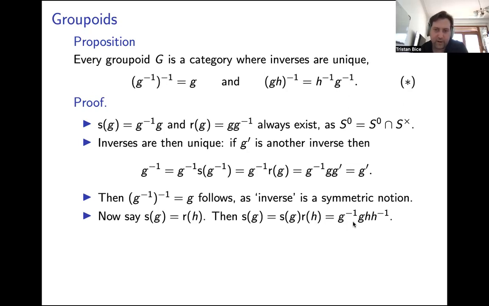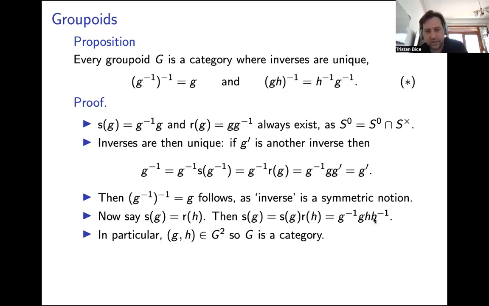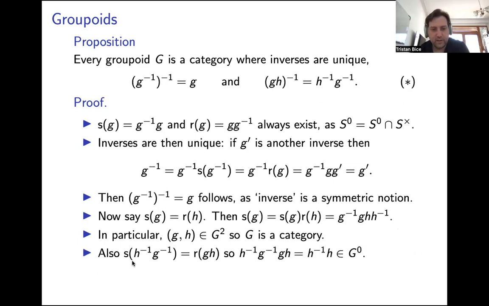But then we can also rewrite it in terms of inverses to get this product of four things right here. But in particular, you have this GH in the middle here, right? So by the associativity, this tells us that indeed GH is a valid product. And so G is indeed a category. And last but not least, we just want to show this condition up here, that the inverse reverses the product. So let's look at